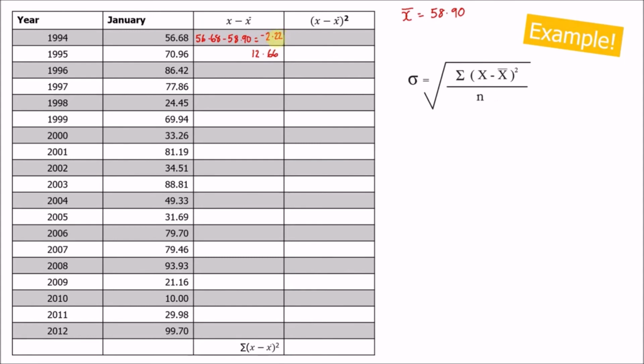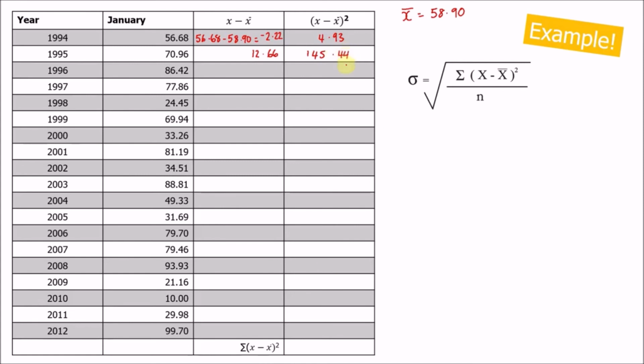If you hit the squared button after you've calculated this number, we can work out what x minus x bar squared is. The main reason we are squaring this number is to help us get rid of the negative values. So when you square a negative number, the negative sign disappears. That becomes a positive number. We'll get rid of the squaring later on by square rooting the value. So minus 2.22 squared, if we type that into our calculator, we would have 4.93. Same for 12.66 squared, we would get